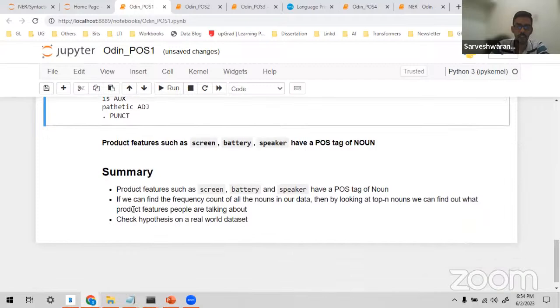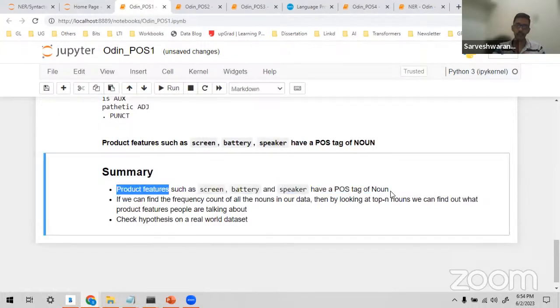A further extension to this: I have now known the important product features. The important entities are always tagged as noun and proper noun. If we want to extract useful information, we can simply extract the nouns from the sentences or the document as an initial stage.